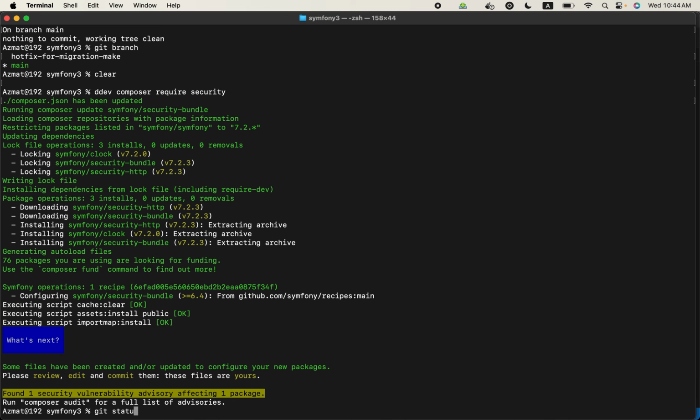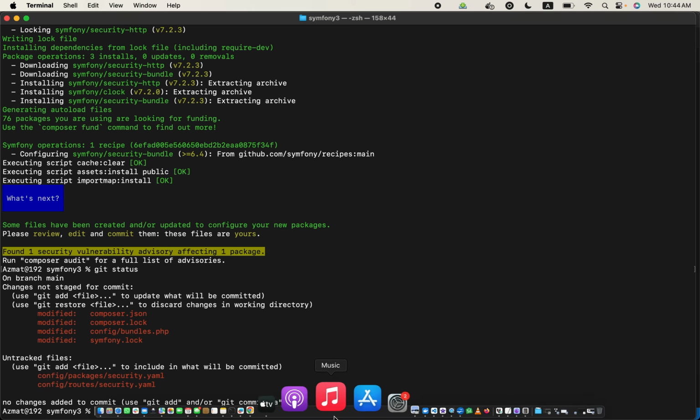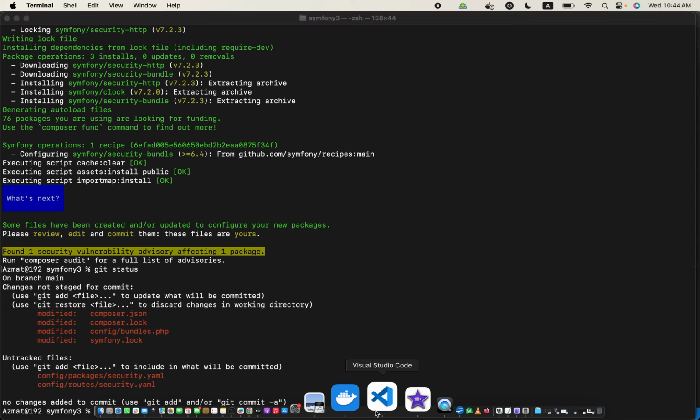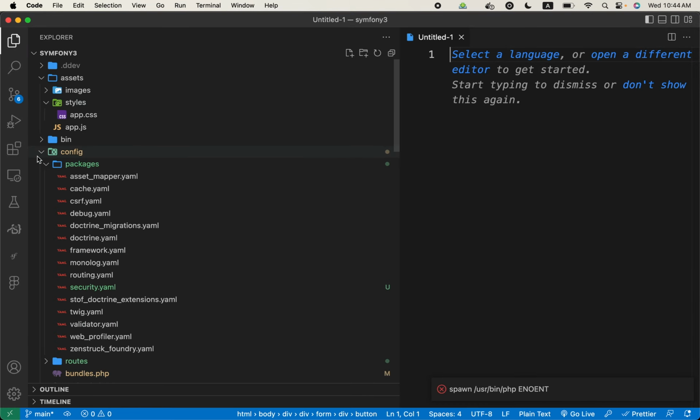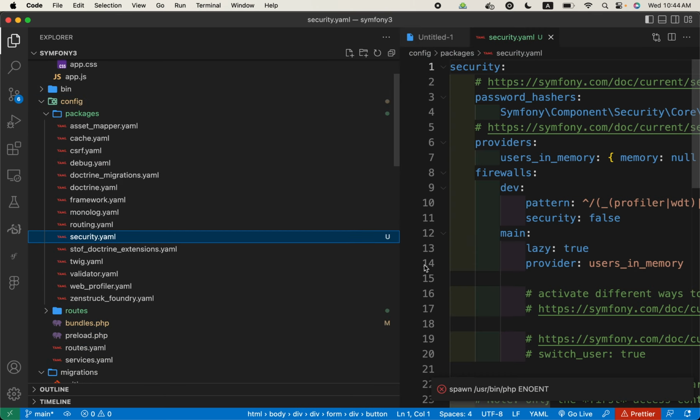Now if I get status, let me check which files have been changed, and one of them is packages security.yml. So probably we'll have to do some stuff inside the security.yml configuration. If I go to config security.yml, and here